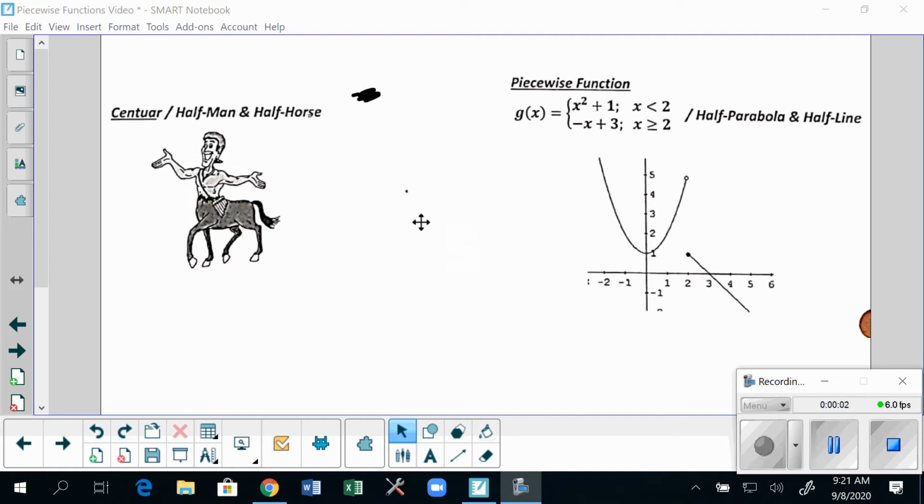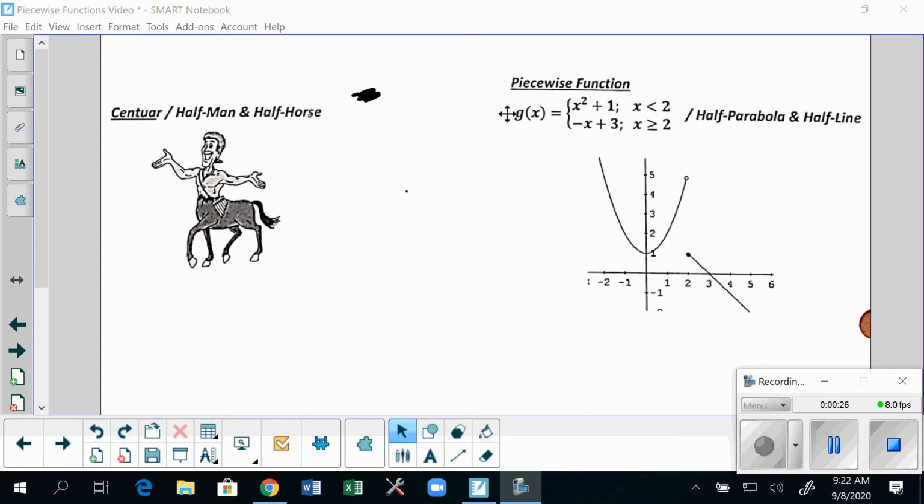I'm not sure if you've ever heard of a centaur, a very weird figure in mythology. A centaur is a half man and a half horse. Well, today we're going to learn kind of a mathematical equivalent of this. We're going to study today what's called piecewise functions. And piecewise functions are a way to draw graphs that are half one type of function and half another type